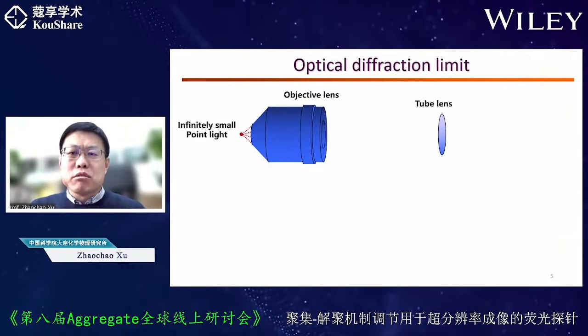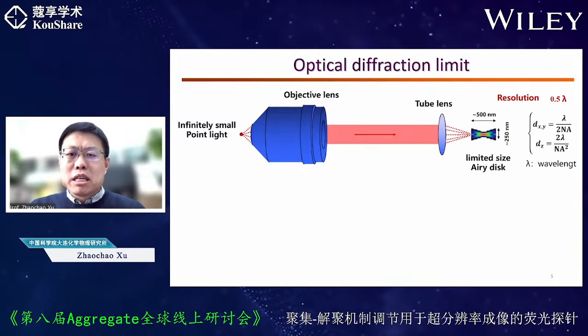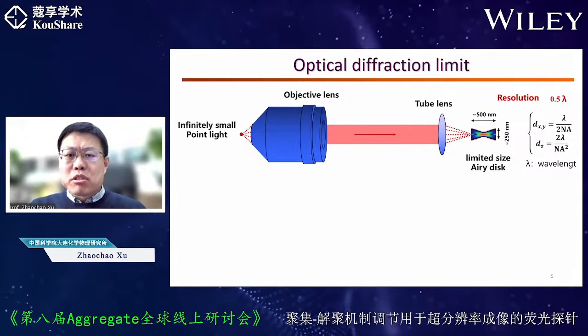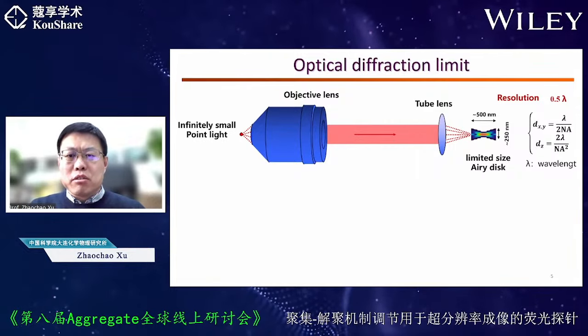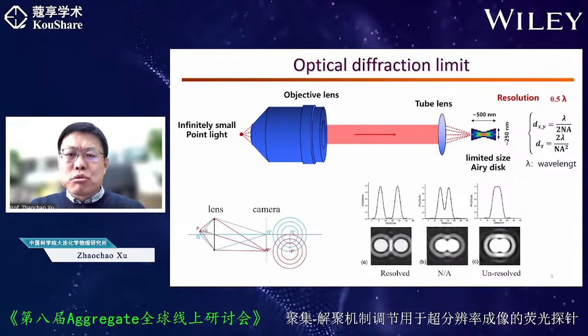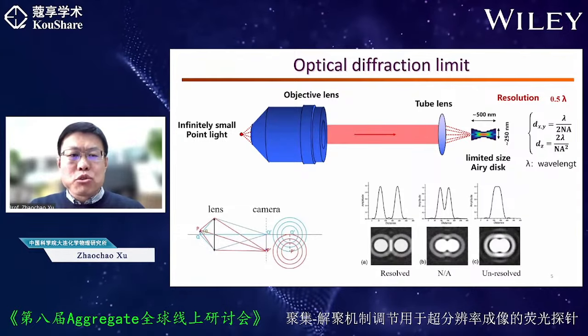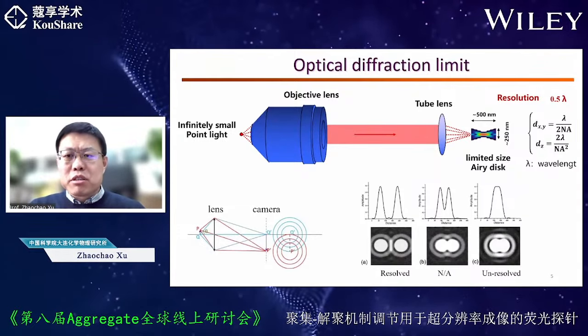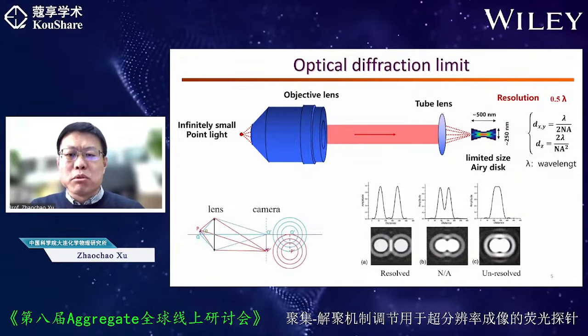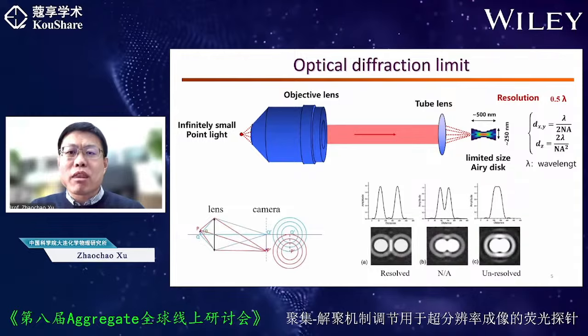But when imaging through a fluorescent microscope, the emitted light from a point source is diffracted upon passing through the objective lens, resulting in an image spot known as an Airy disk. This spot typically exceeds 200 nanometers, far larger than the actual size of the emitting spot. If two emitting points are very close together, such as points P and Q shown here, their respective Airy disks will overlap, making it impossible to resolve P and Q in the fluorescent image.